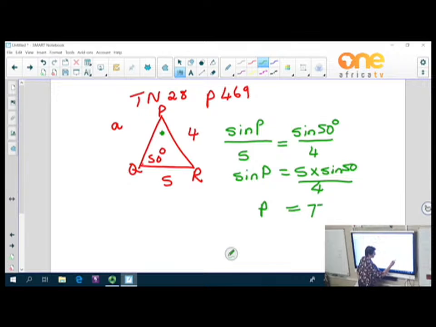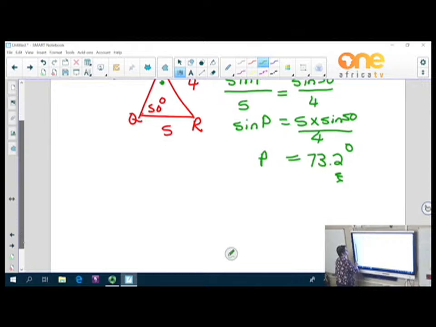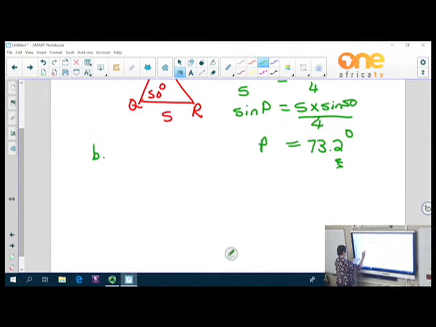This is now angles. So angles is to 1 decimal place, 73.2 degrees there. So it works very easily. Number B. So again, we've got a triangle ABC. And this time,